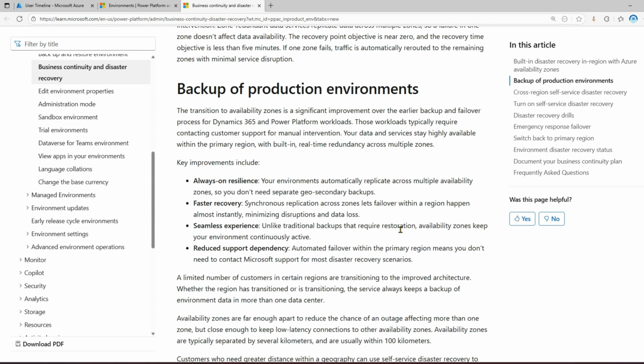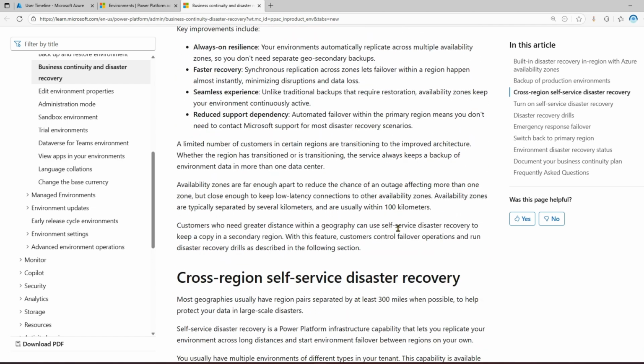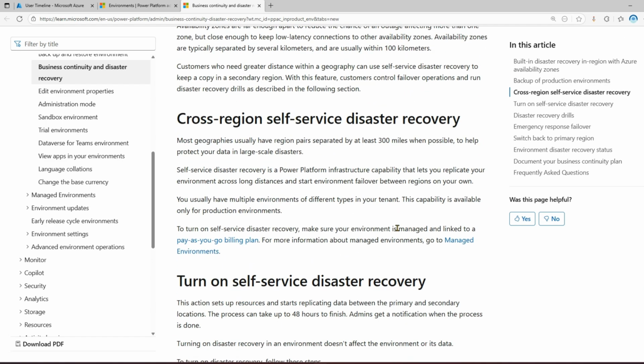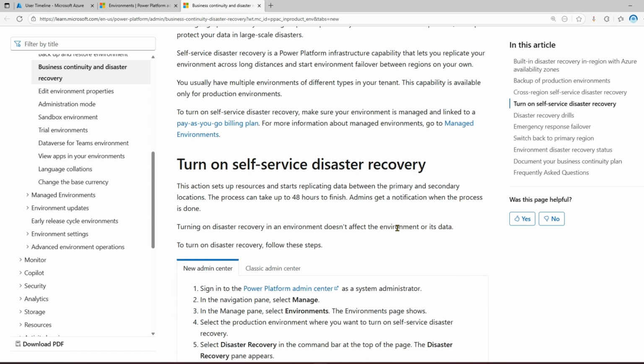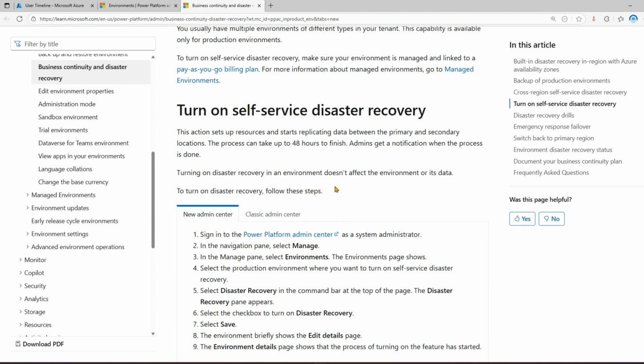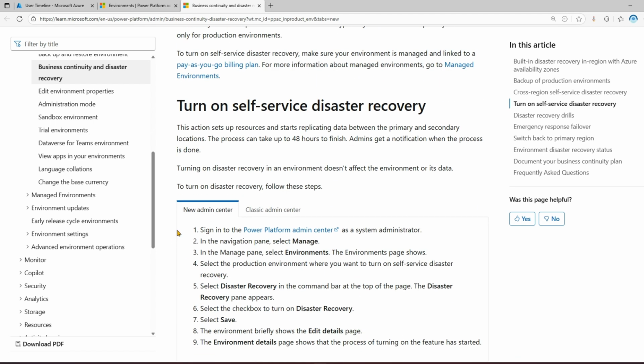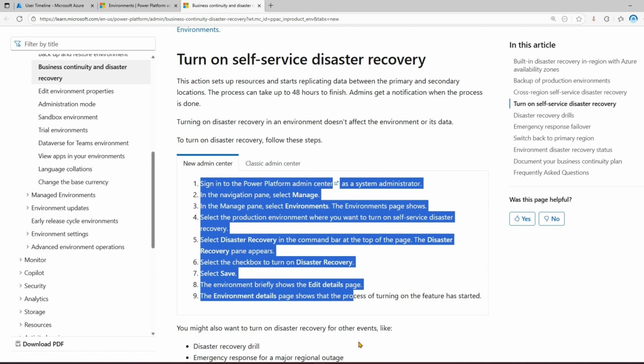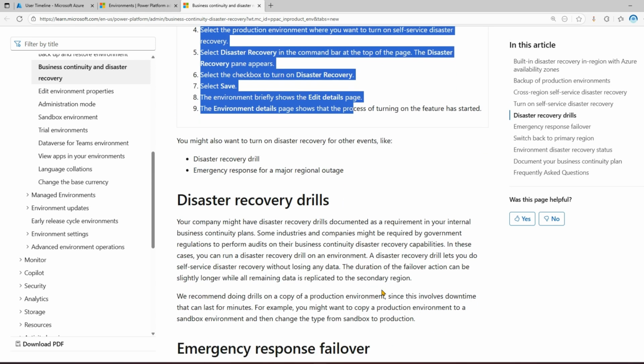You can back up a production environment. What is the benefit of it? Cross region self-service disaster recovery. And how do we turn on the self-service disaster recovery? So, this is the example which we have seen of how to configure the disaster recovery. There's not much configuration, it's just that you need to click on disaster recovery and then the disaster recovery kicks